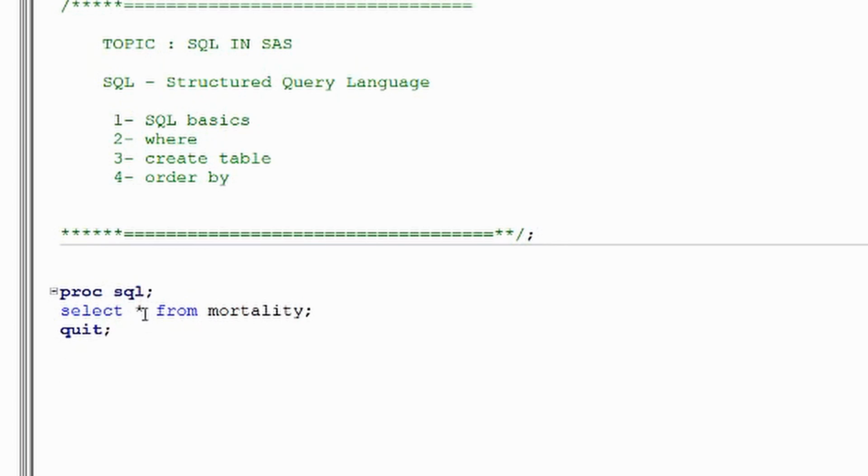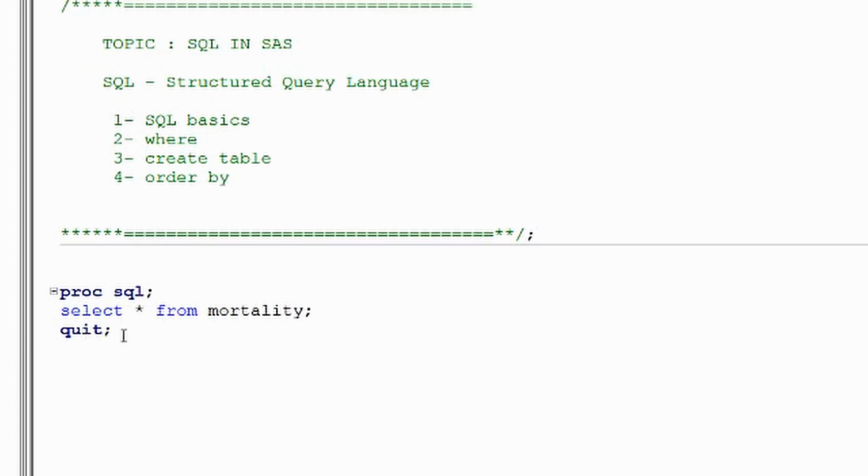It means we want all the information from this data set. We can always extract only a limited amount of information, like one variable, two variables, or a couple more, and leave out some information in the data set. That is also possible. If you want all the observations or all the variables, just put this asterisk sign.